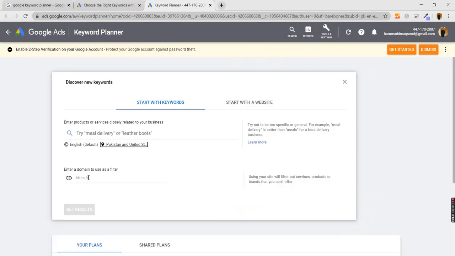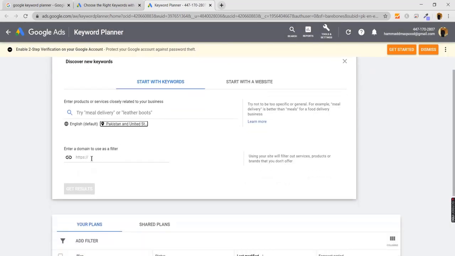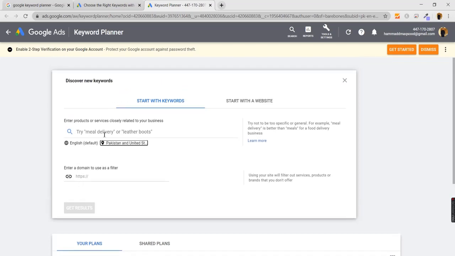Now click on the save button, and this option is like you can extract all the keyword ideas from a specific website. So in order to do this, you can give the domain of that website here, or you can explore the keyword ideas on your own.